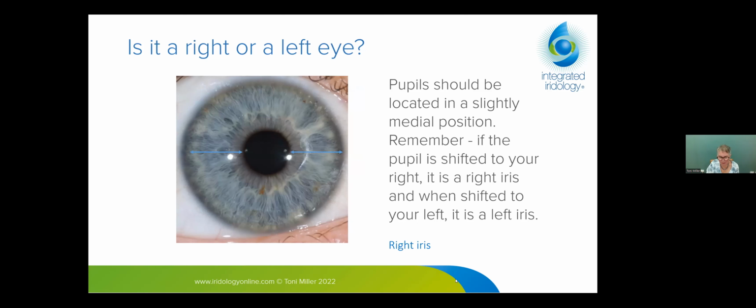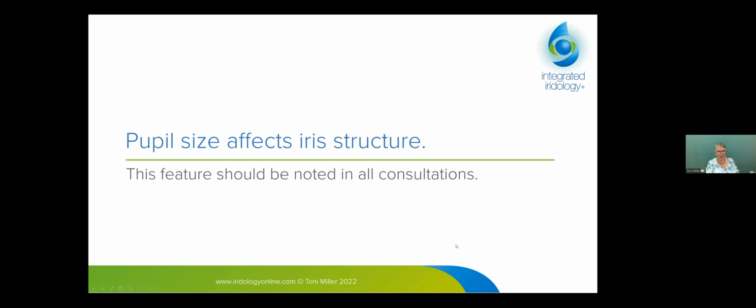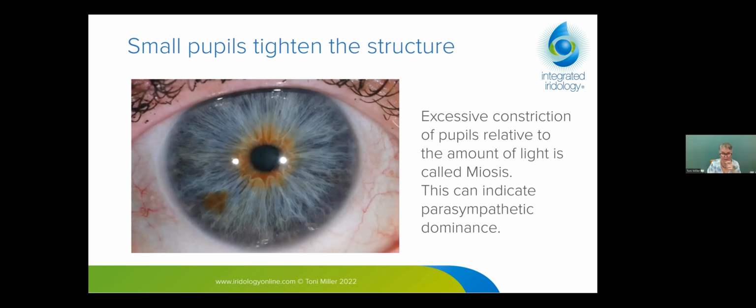All right. So moving on. The pupil size, in fact, affects the iris structure. And this feature should be noted in all consultations. So small pupils tend to tighten the iris structure. You can see here that the fibers are very compact. They look quite dense. And we refer to small pupils as being myotic, or this is a condition called miosis. And this can indicate parasympathetic dominance, particularly if the pupils are constantly very small. So persistent small pupils indicate